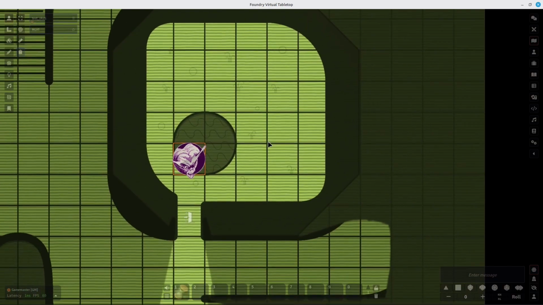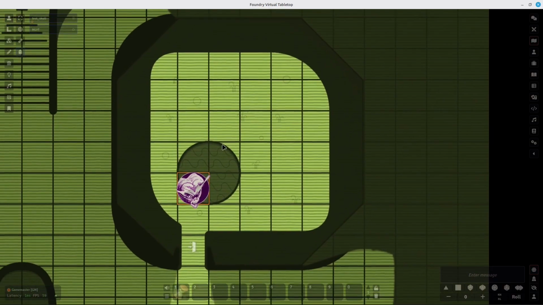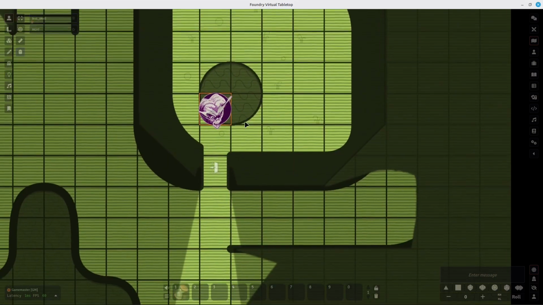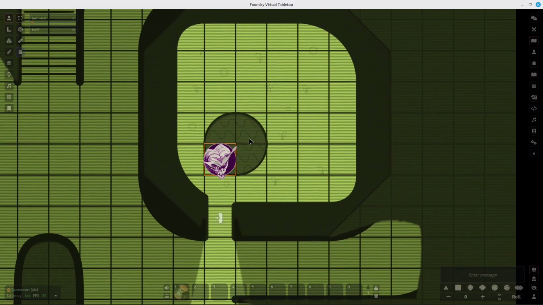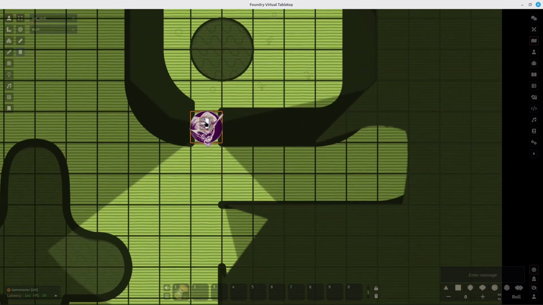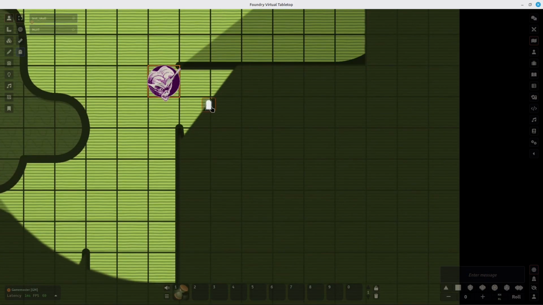If I make prettier maps than this, I want the players to see them. I'm not using Roll20 for maps because I want things to be pretty, and this is part of the experience for the players too, right? This can be more or less immersive, but this is another example of a gating door, an invisible door that